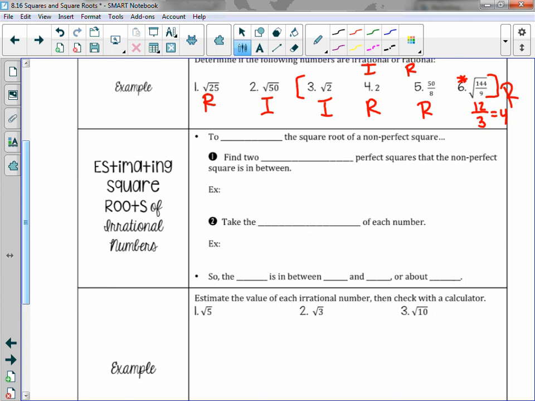What if I had the square root of 64? The square root of 64 is what? 8. What if I took the square root of 63? What would you estimate it to be? 7.9, because it's a little less than 8. Good. So to estimate